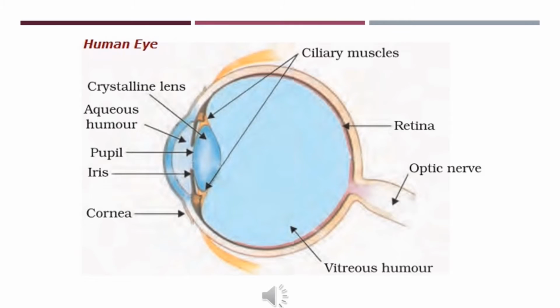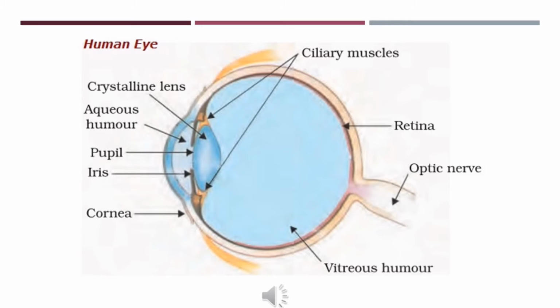On the other hand, if you are in a place with dim light, suppose you are in a dark room or something like that, then the iris expands the pupil so as to allow more light to enter the eye. So that's how the size of the pupil is regulated with the help of the iris, which is also a component of the human eye, as we can note in this figure that is given in the video.